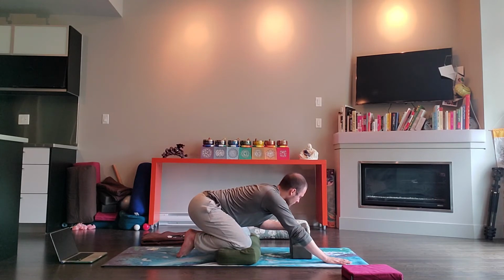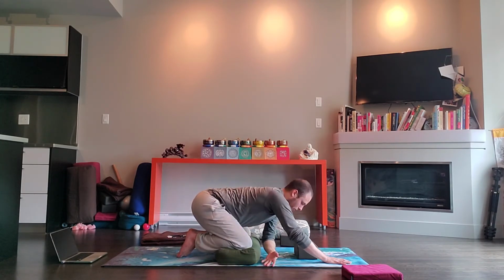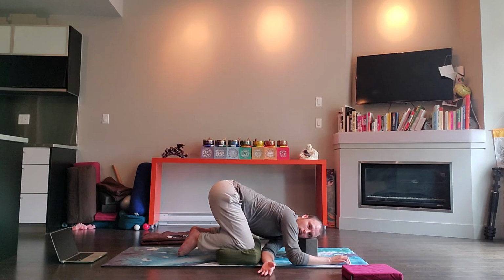Okay, keep one of your blocks there. Inhale, reach your right arm up to the ceiling. Exhale, thread your right arm under your left arm. Come forward now. You might take that single block on its second height, and then finding your way into a